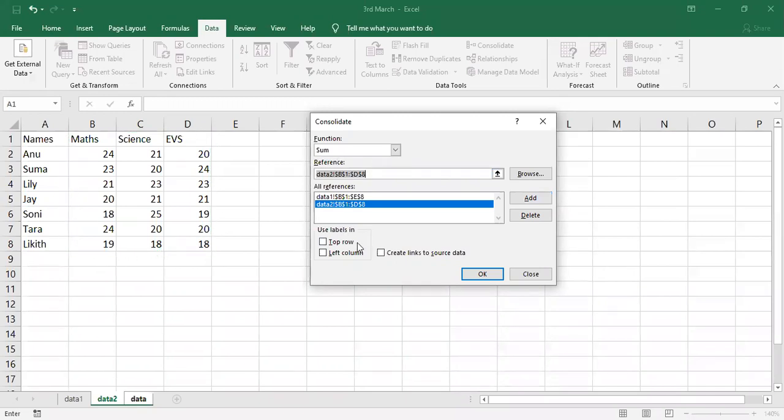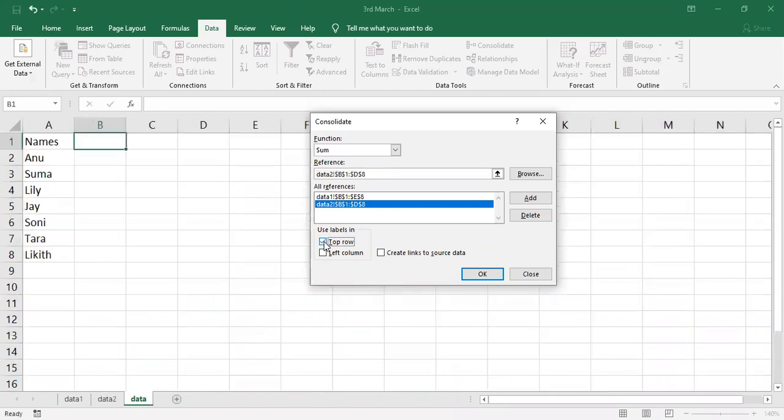Now can you see here, use labels in? Use labels in what? See, if I give left column, it takes names, but I'm going to use labels of top row. Okay, then you give create links to source data.